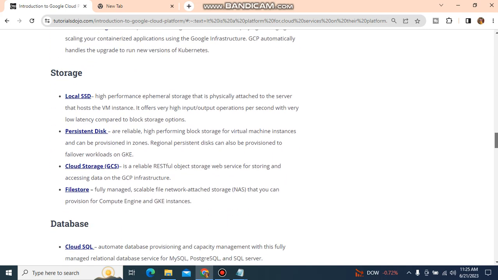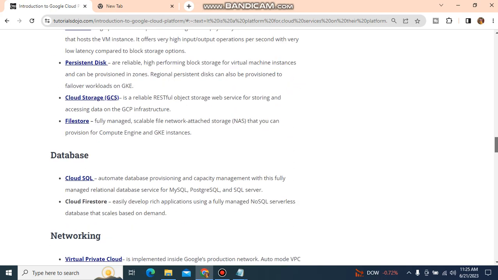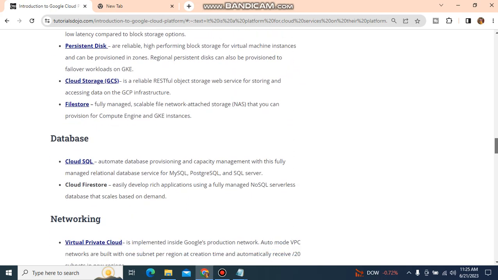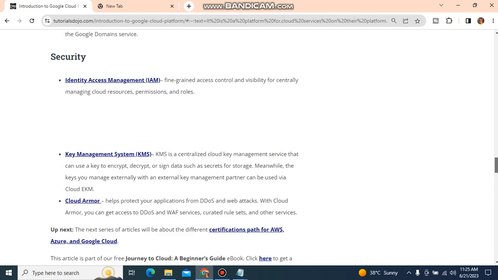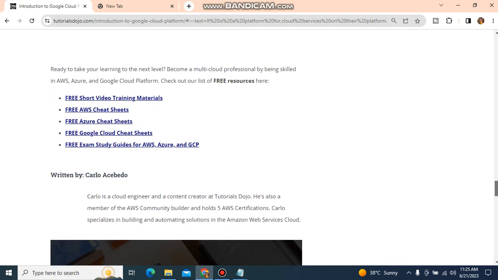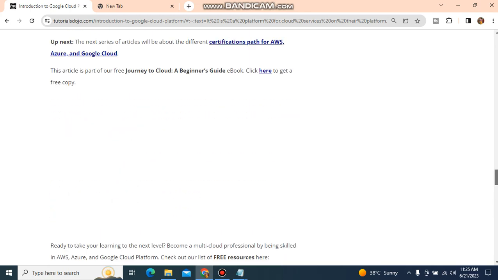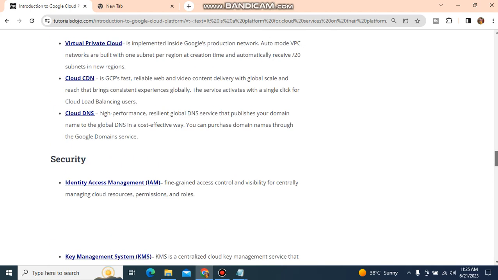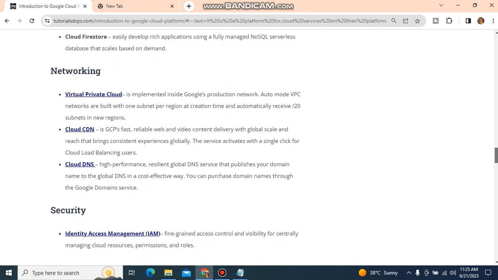What is the storage of the Google database? So, local SSD and persistent disk, Cloud Storage, GCS, Filestore, data work, networking, and security. These are all the basics of Google Cloud storage. So the Cloud CDN, fast, reliable web content